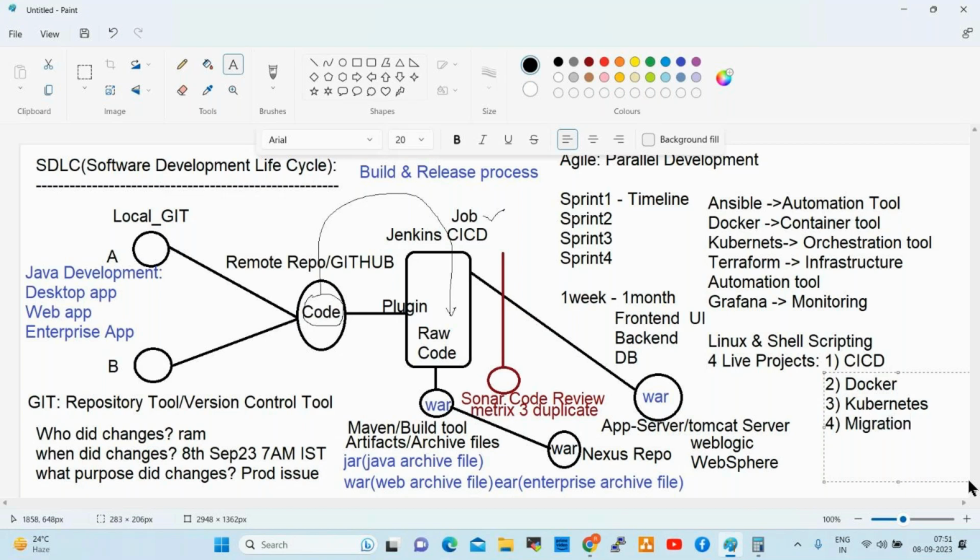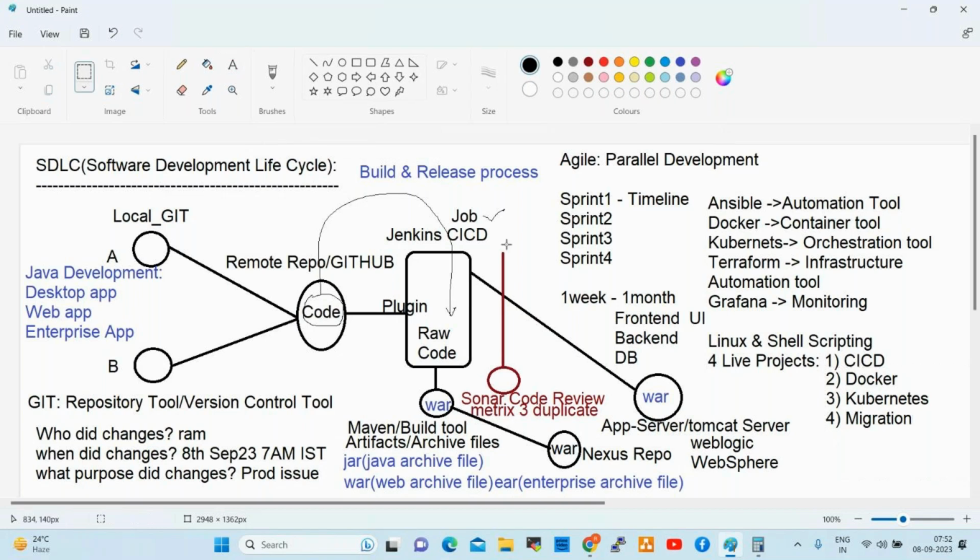So CI/CD means in live, how the developer will develop the code, how the code will be moved to GitHub, how Jenkins will take the code, how it will be deployed to application servers. Once it is deployed, how can we test? How can we access through internet? That will be covered in live. Once we deploy the application in production or any application server, we can access through internet. That will be configured in live.